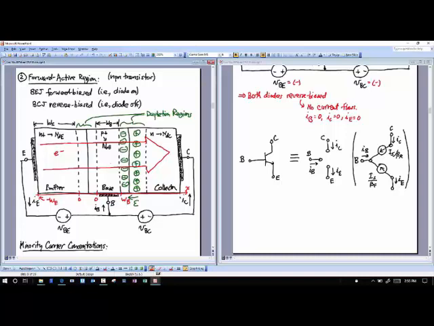Okay, so if I wanted to illustrate that recombination of electrons and holes, this is what happens. Electrons come here. So these are some more electrons. And then I've got holes coming from the base. Those are holes. And in the base, they recombine. So that's recombination of electrons and holes. So that creates base current and creates part of the emitter current here.